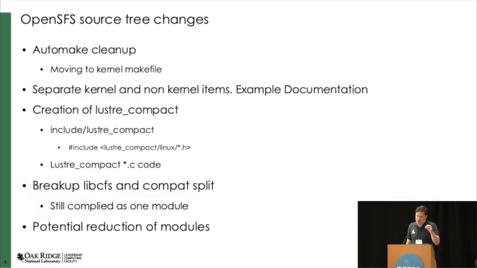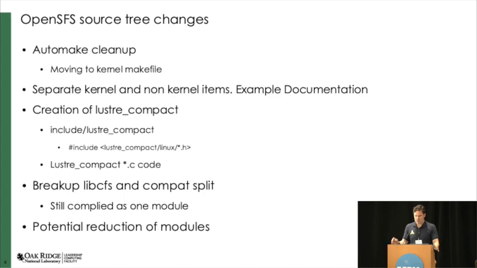So, all right, now the other thing that you're going to notice when you download your source code and look at your tree is that you're going to scratch your eyes and say, what happened to my tree? Because it's going to be very different than what you've seen. All those automake files are going away. The reason for this is that if we download the Linux kernel tree and try to build those modules, those are just makefiles. The only reason we had automake files is because of the days when we supported Solaris and Mac OS and all this other stuff. So we don't need those. That's going to be a big difference. All you're going to see is makefiles. That work is almost done.